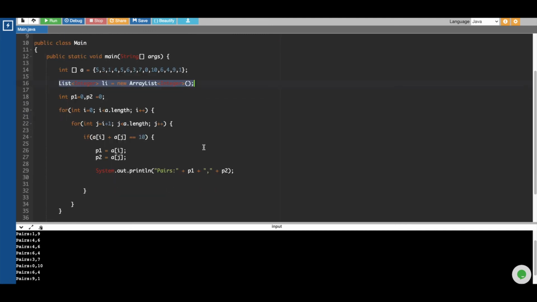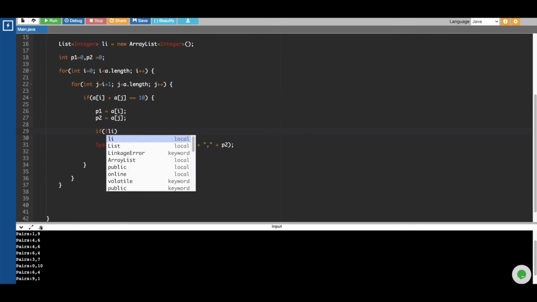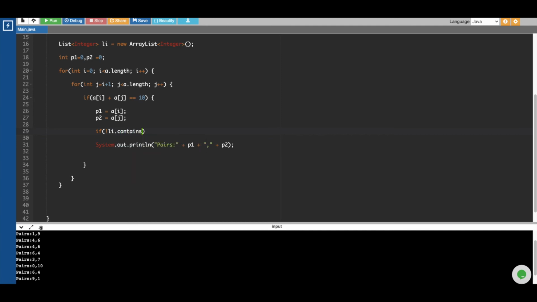Now before this, I'll have one if condition in place: if li.contains Math.abs of p2 minus p1.